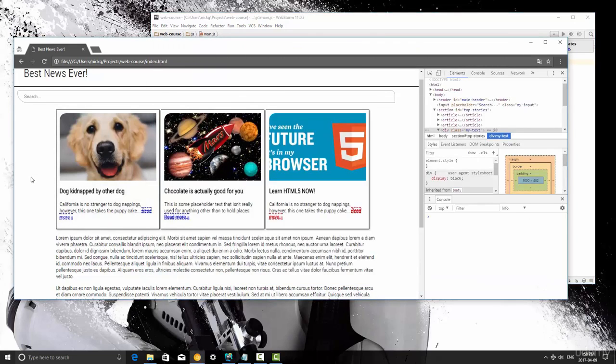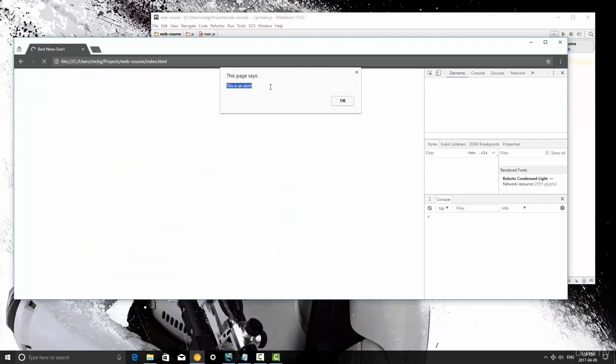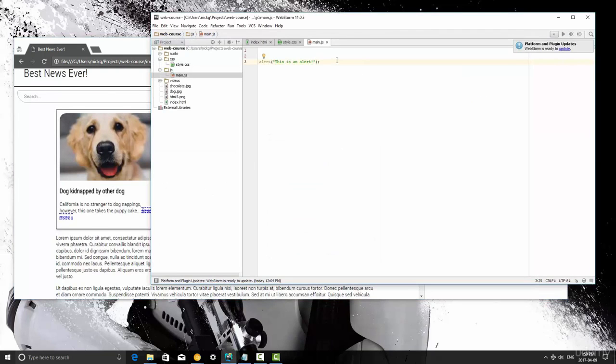I'm going to jump back over here and I'm going to refresh, and you'll see an alert happens, a pop-up that says, this is an alert. And then I can hit OK, or I can hit up here, it doesn't really matter. This does block rendering and anything else that's happening on the page. So